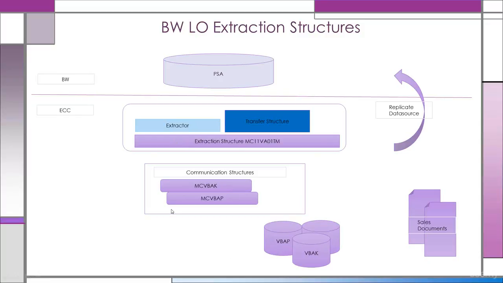Okay, so I'm just going to explain to you the process of loading data from ECC into BW. I wanted you to clearly understand. A sales document is created and data is stored in the primary table. From there, it goes to the communication structure. Okay, and then